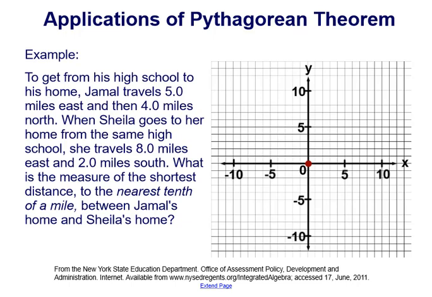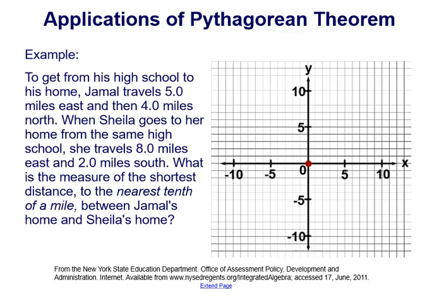So here is our first type of application problem where we're working with the Pythagorean theorem on a coordinate plane. This problem reads, to get from his high school to his home, Jamal travels 5.0 miles east and then 4.0 miles north. When Sheila goes to her home from the same high school, she travels 8.0 miles east and 2.0 miles south. What is the measure of the shortest distance to the nearest tenth of a mile between Jamal's home